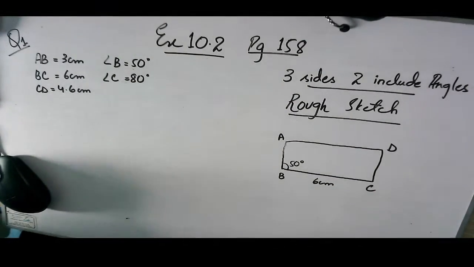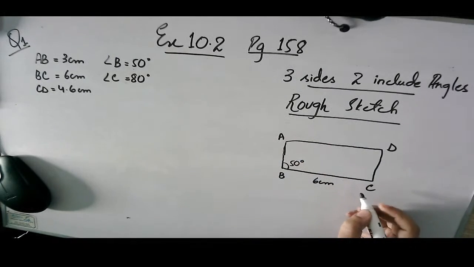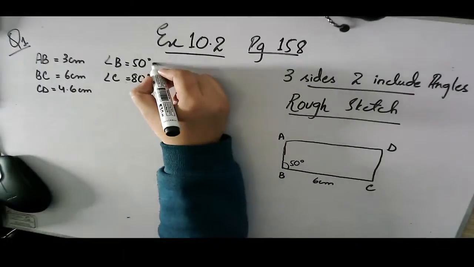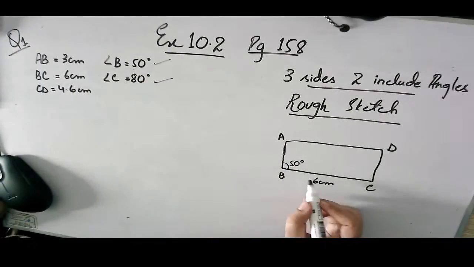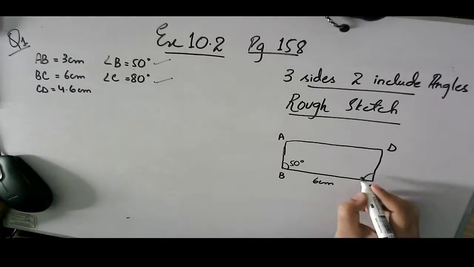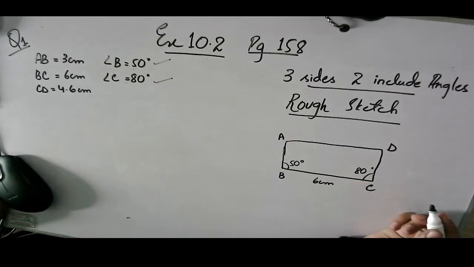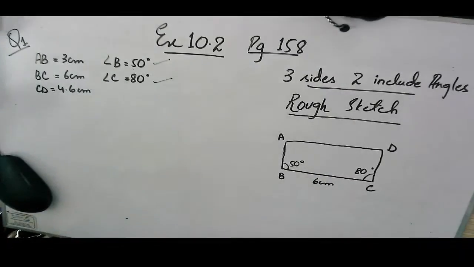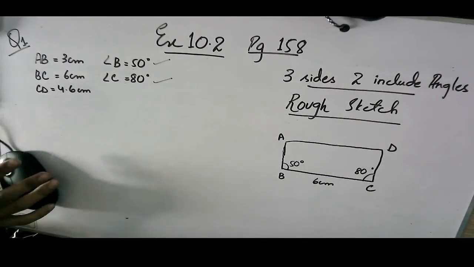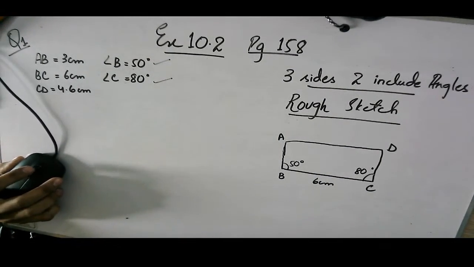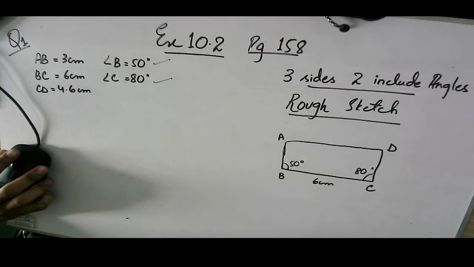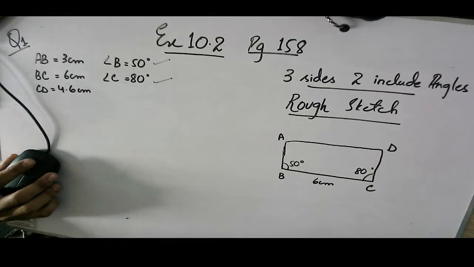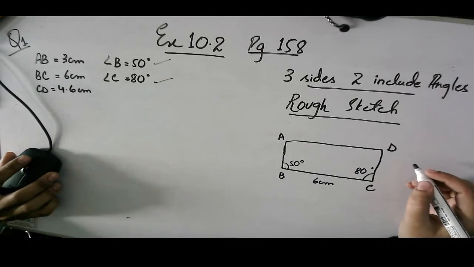So students, what you have to do, the baseline is BC because the two angles are given and those two angles are angle B and angle C. So angle B is equal to 50 degree and angle C is equal to 80 degree. After that, what you have to do, when you have to